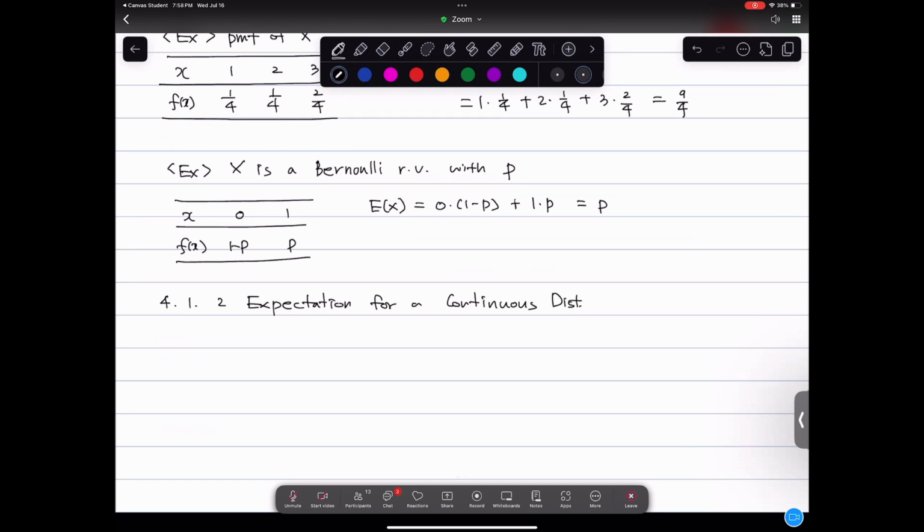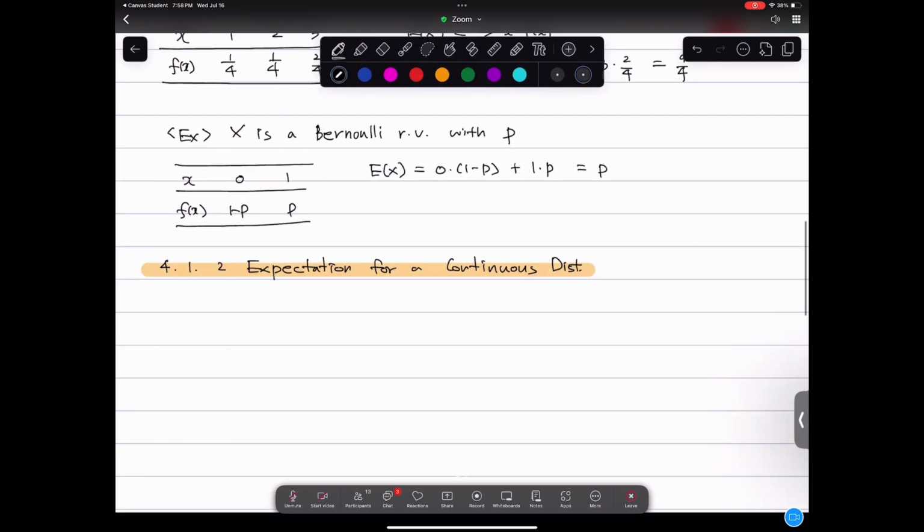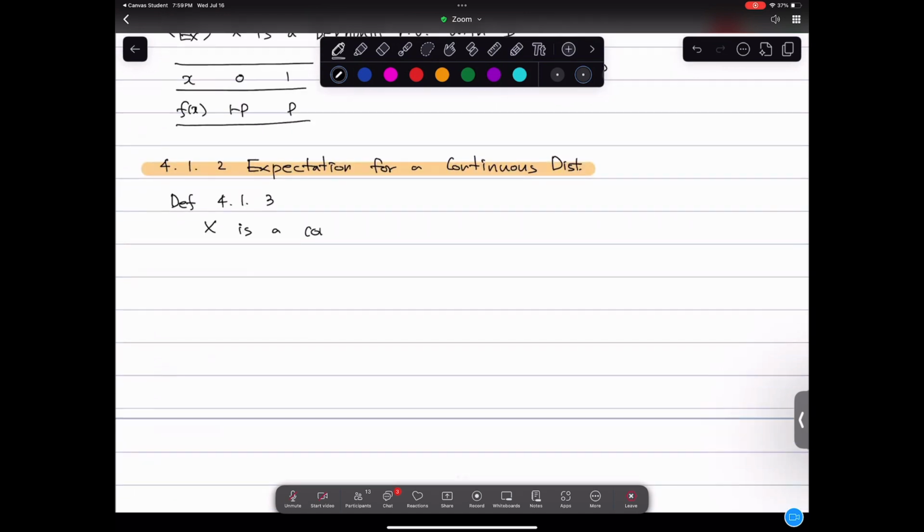So we will replace all this summation with integration. So the definition, 4.1.3: if x is a continuous random variable with PDF